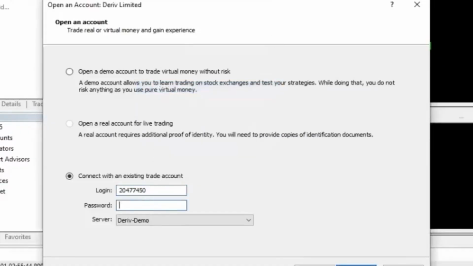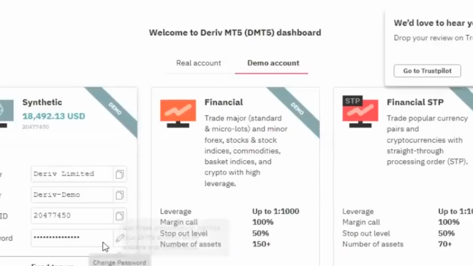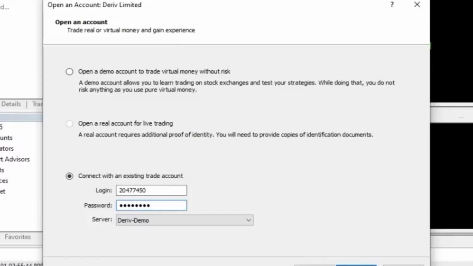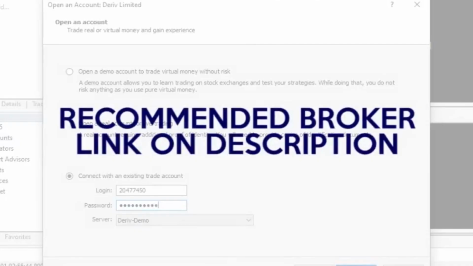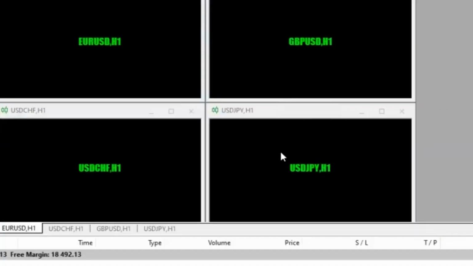I'll go back to the Deriv dashboard, and then I'm going to copy the password, right? I can actually copy the password that I got here. Okay, the password is there, and I'm just going to go. All right. Now you can see that I have logged into the demo account, and you can see the balances